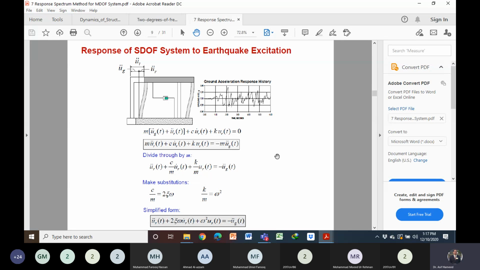So it's quite possible that two systems having different mass and stiffness will have the same response if their k over m is the same, or time period is the same. It's not a function of mass and stiffness independently. It is a function of omega n or time period. You agree? Yes, sir. The response is a function of damping ratio and omega n. Omega n, definitely, is the time period.